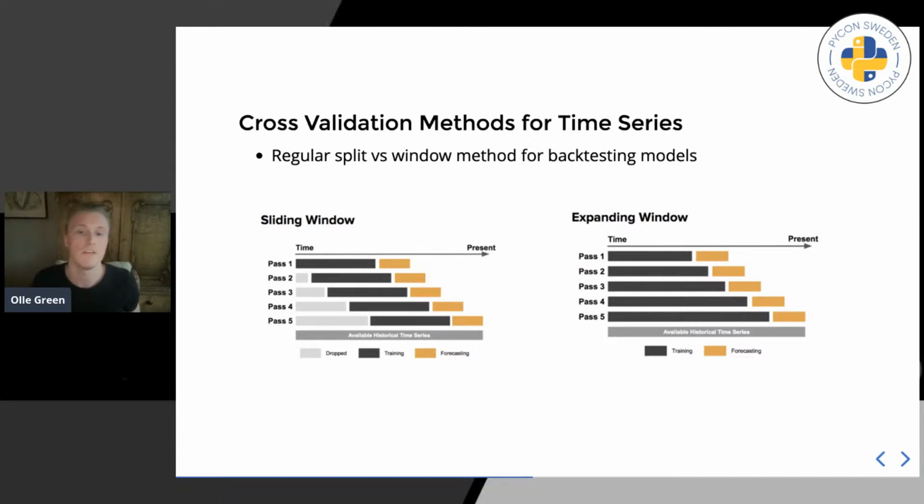Expanding window is a popular model if you have less data available, if you have, for example, a new product that you want to sell. So the kiwi situation in our case, we might use the expanding window, and the sliding window might be something that we use for the selling of the oranges.